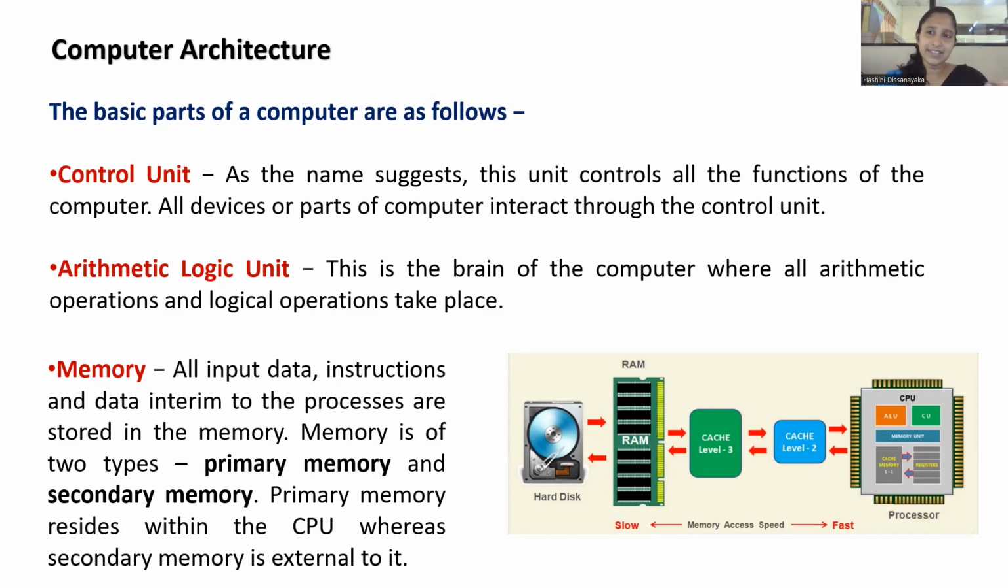Primary memories work directly with the CPU, like ROM and RAM. ROM means read-only memory, which stores data permanently, has a small capacity, and the data is stored by the